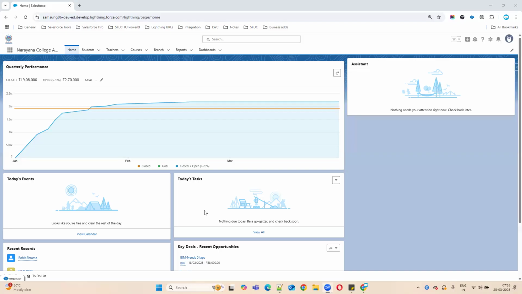Explain clearly what is master detail relationship. I'm asking a question: what is controlled by parent? What is the meaning of controlled by parent? The parent master data relationship.